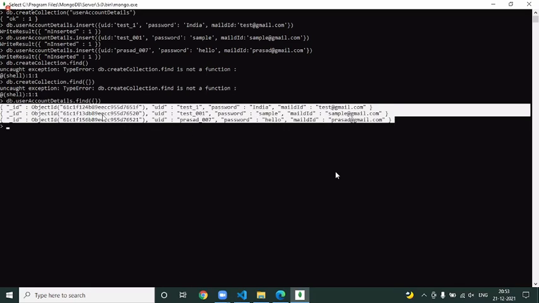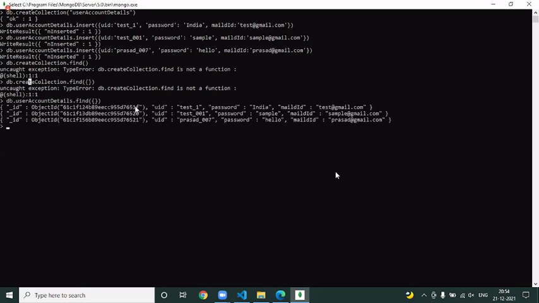So db dot collection name dot find is indirectly equal to select star from so-and-so table when you go to MySQL or whatever the RDBMS is. Here we have something called find, and when I put an empty JSON object, you find everything. Now say, no boss, I want to find only the guy who has a user ID of test. Then you can pass the parameters here. You say UID equal to test_1. Now if you click on enter, you're going to find only the single user.